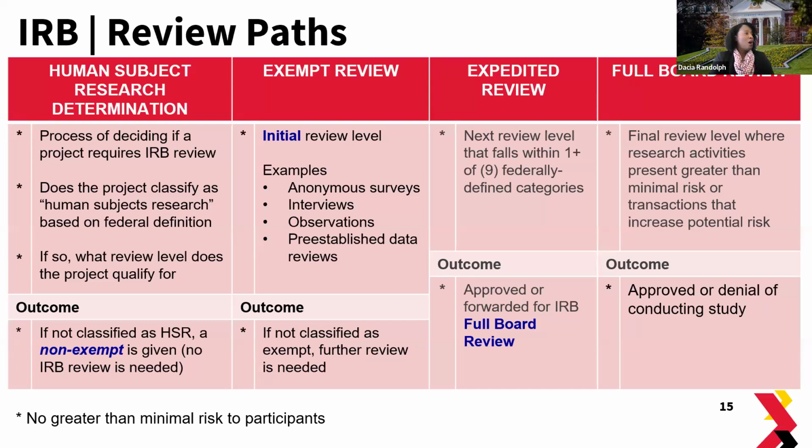So with that being said, once the IRB office takes that review, they'll determine, okay, no, this does not classify as human subjects research. As long as you continue with your research under those guidelines that you've provided to the IRB office, you can continue and don't need further review or approval. However, if the IRB office does determine that your study is in fact considered human subjects research, a non-exempt is typically given, and therefore your study must go through IRB approval.